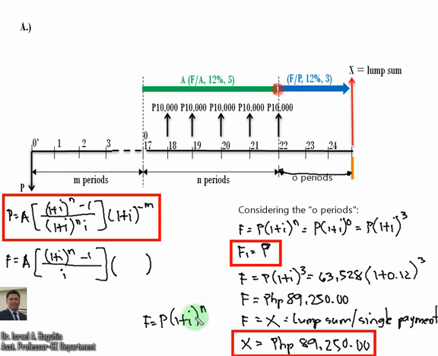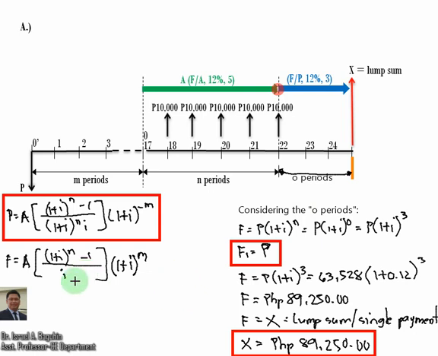But the period we are considering is m, so we have to erase this one and use (1 plus i) raised to the m. For the principal amount, this is negative m, but since we are considering F, the future worth, this is just equal to (1 plus i) raised to the m, okay? So proceeding,